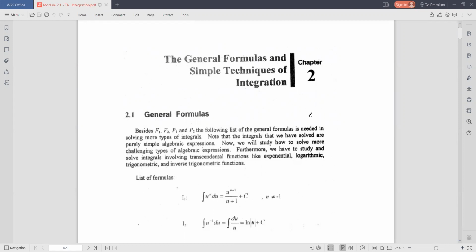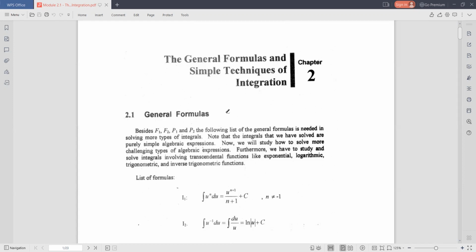So today we will be discussing the general formulas. Or these are some formulas that we need in order to solve some more complex integral problems. So besides F1, F2, P1, and P sub 2, or the properties and formulas that we discussed before,